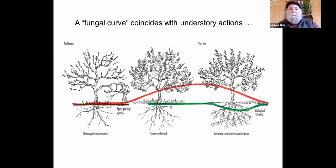This was in the Holistic Orchard book, and what's going on here is I am being aware of what the growth stage of the tree is and what's going on with its root system underground, and recognizing certain fungal activity taking place at different points in the season, which kind of give me a sense of when I should do things. So early spring, buds swell, you see that first popping of green tissue, and down below in the soil,